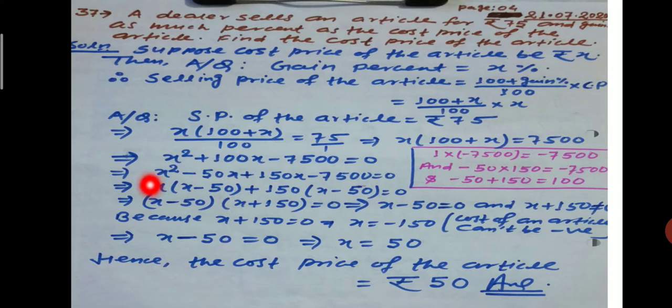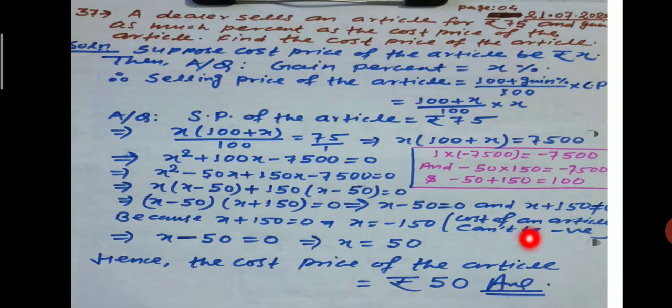to 0. In these two terms x is common, so x minus 50 will be left here, and in these two terms 150 is common, then x will be left here, and minus 7500 when divided by 150 will be equal to 50 is equal to 0. Now x minus 50 is common, then here x will be left and plus 150 will be left here is equal to 0. This implies that x minus 50 is equal to 0 and x plus 150 is not equal to 0,